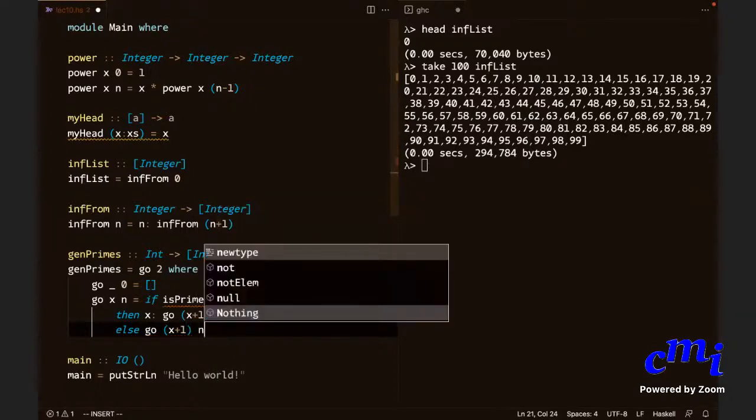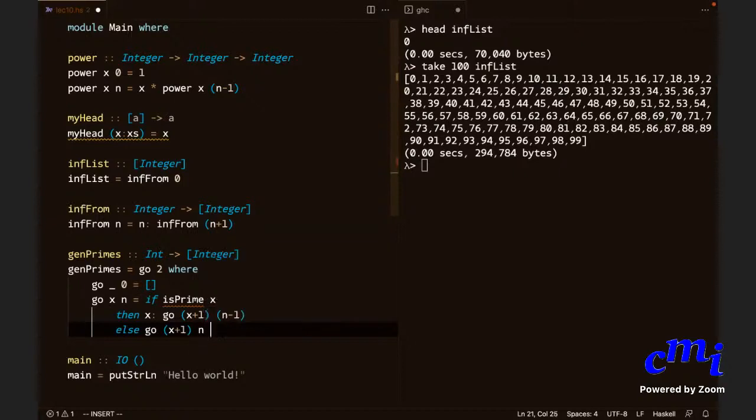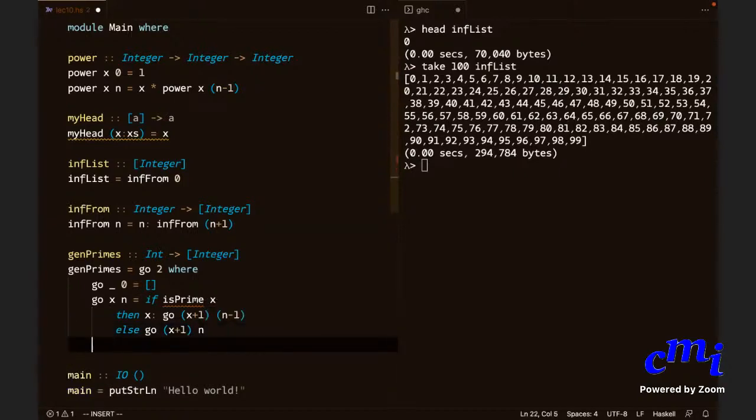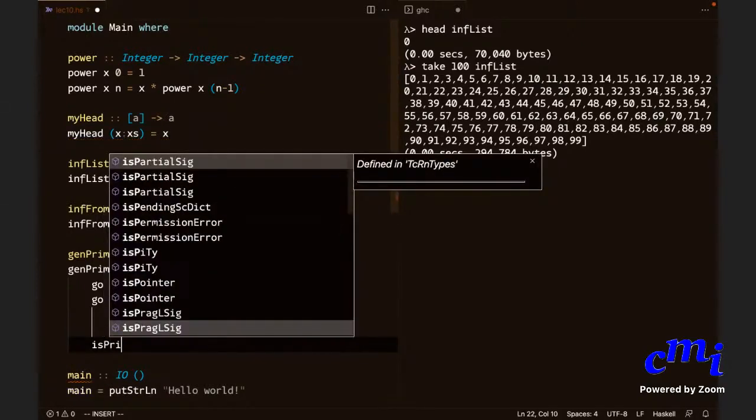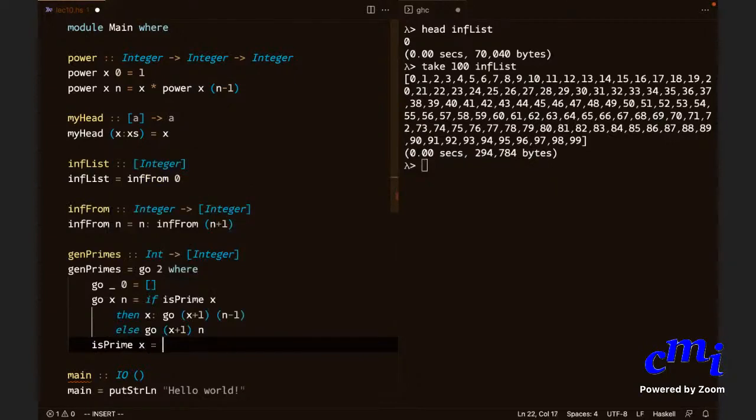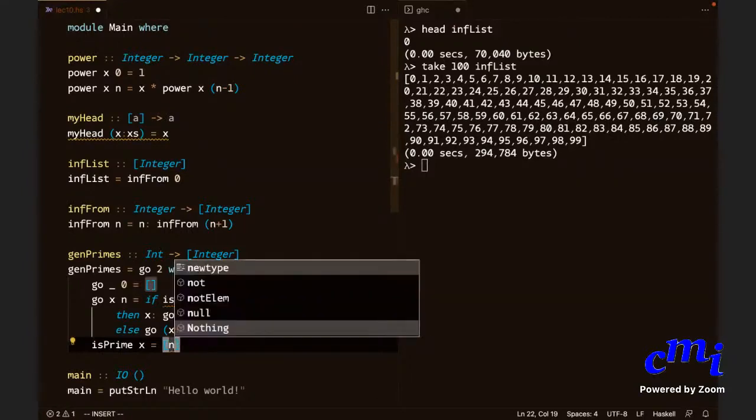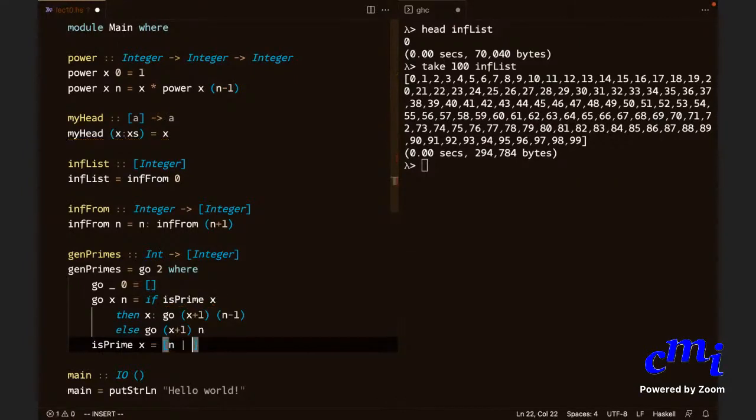This is the general thing that you would write, and then you also have to give the definition of is prime. Is prime x equals the set of all n such that n comes from 1 dot dot x and x mod n equals 0.